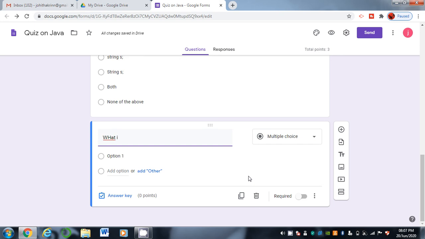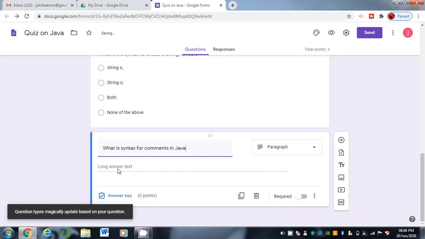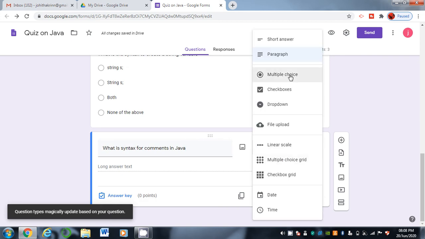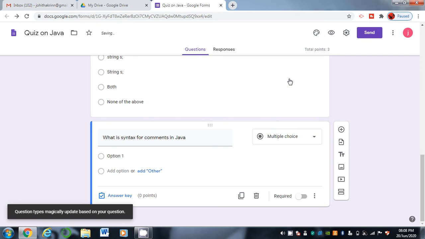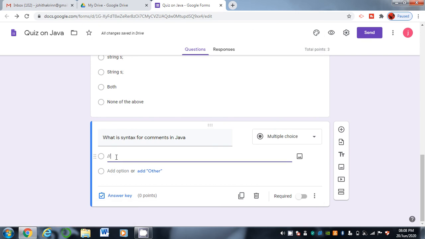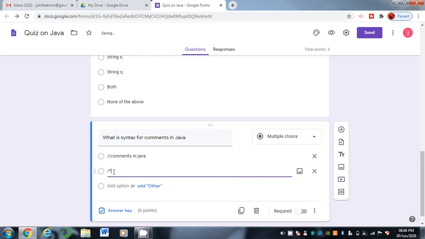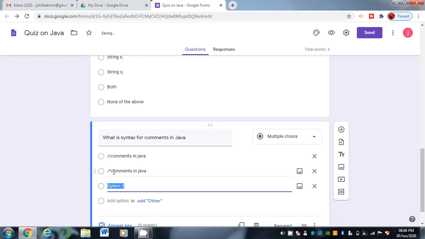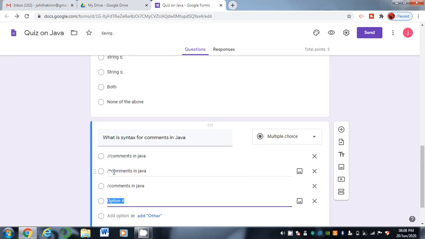And what is the syntax for comments in Java? For example, comments in Java, none of the above.